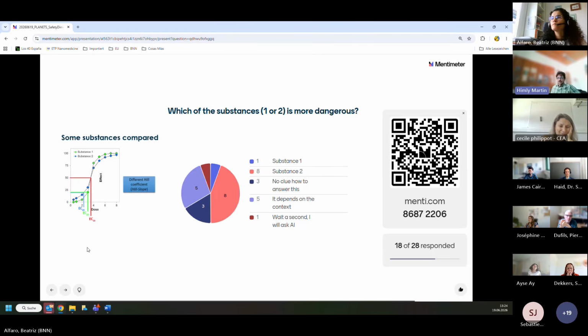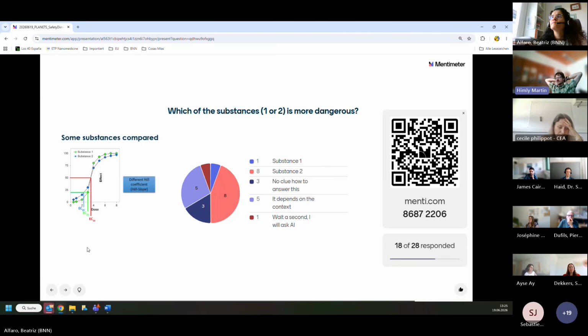It looks a little bit different than before. So there are different views, obviously. There is one respondent who says substance 1, which is the green one. Although it starts later to show an effect, it has the same EC50 value, but it generates a more prominent effect earlier, really killing the entire population. And then there is quite a number of people considering substance 2, the blue one that starts earlier, the more dangerous one. Then some people have not really decided,